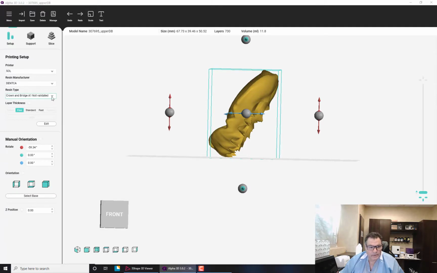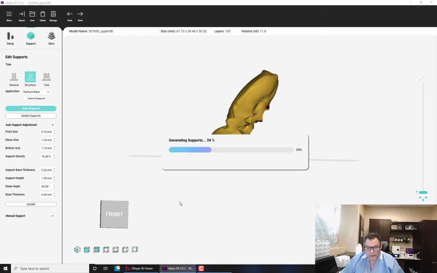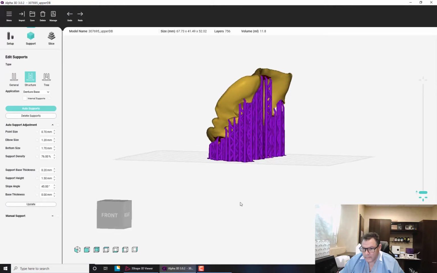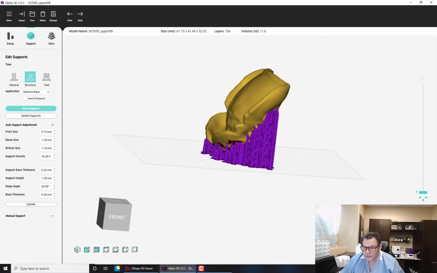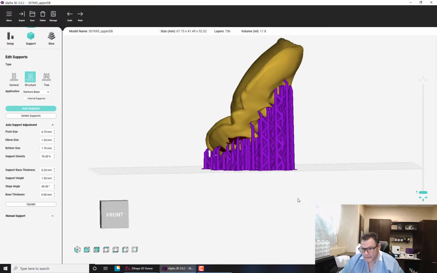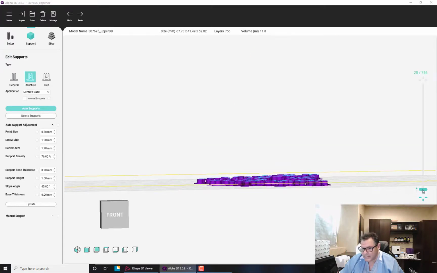Again, this time I'm going to change my resin to denture base. I'm going to use fine. Now I can move to support, and I'll go ahead and I'll choose denture base for that. And let's just see where I end up with doing this. Okay, so I can see how it's going to nest it. It's a whopping 800 layers almost, so I know that this job is going to be about 2.5 to 3 hours. But let's go ahead and let's go through the